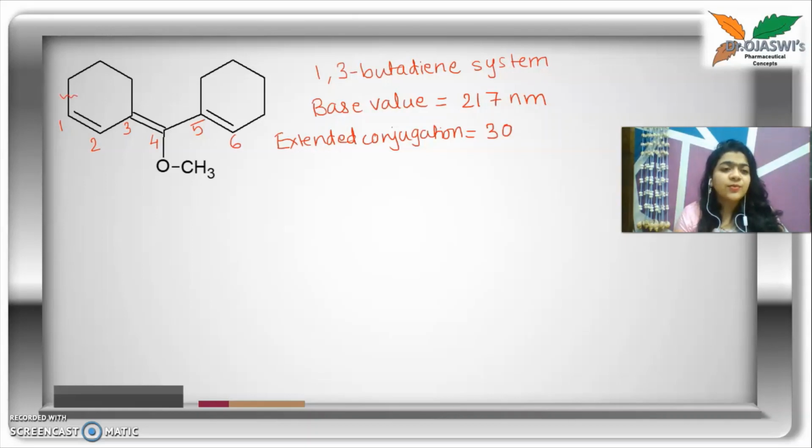Yes, ring residue. See, on carbon number 1, carbon number 3, carbon number 5 and carbon number 6, some bonds are present, and those bonds are part of the ring. So I call those bonds ring residues. And yes, 4 into 5, 20 units are increasing because of these 4 ring residues. After ring residues, what should we look for? Tell me quickly. You can write in the comment box.